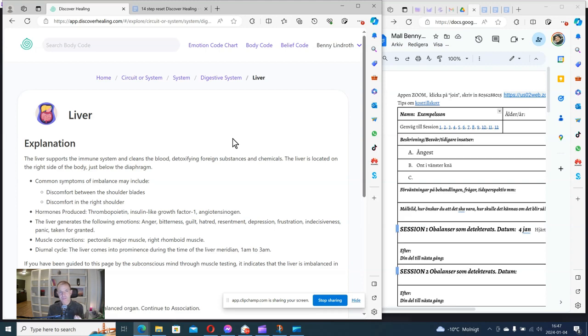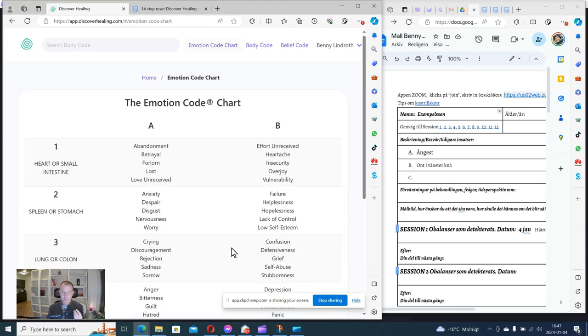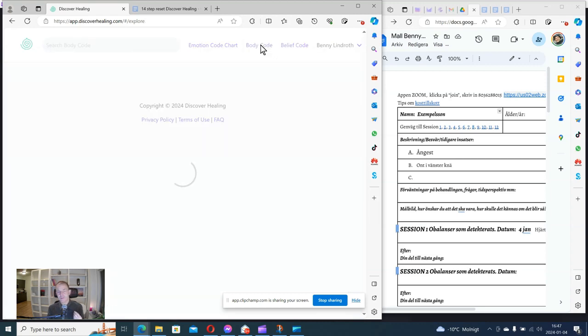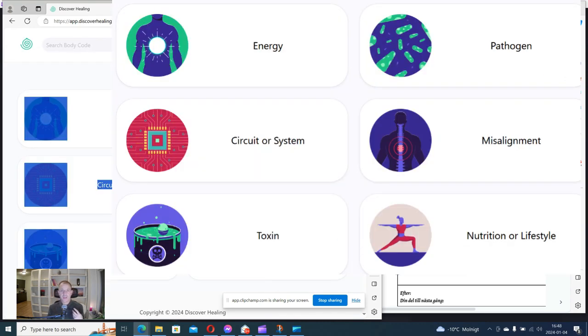Often it's one emotion that needs to be removed, maybe more, and sometimes we need to go back here and find that in order for the liver to be perfectly right, we need to balance something else, like a chakra or a meridian, or maybe eat something, and so on. When we have fixed all the problems contributing to the liver's unsatisfaction, we can balance it, and then we return to the body code and start over with the next issue.